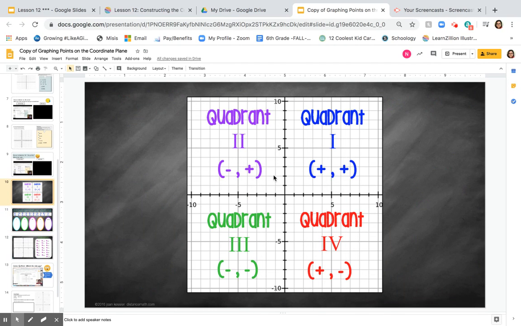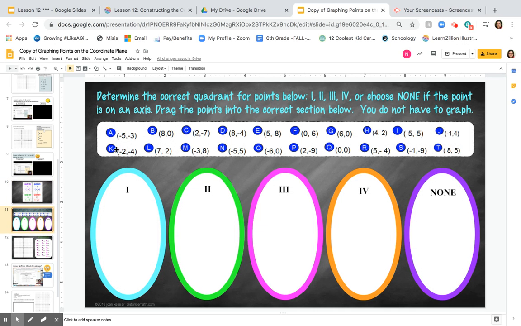If you look at the slide, negative and negative is quadrant number 3. X is negative, Y is negative. So let's go ahead and move this one to quadrant number 3. So let's go ahead and try this strategy. Since we already know that all of our negatives and negatives are going to be in quadrant 3, let's just locate all of the negatives that are